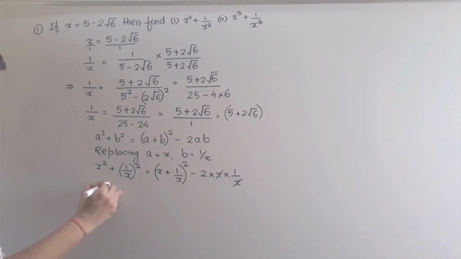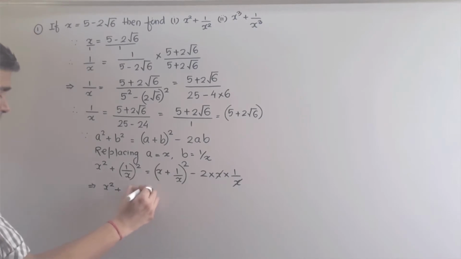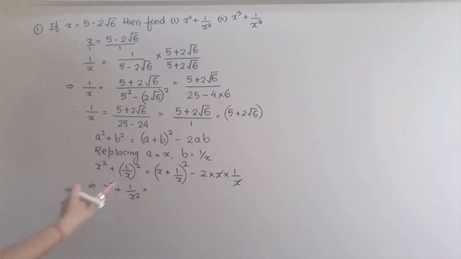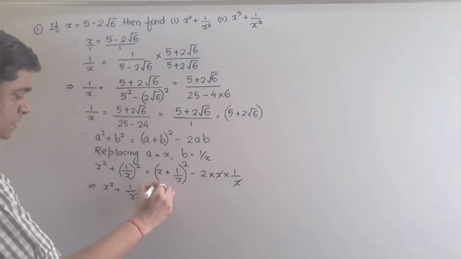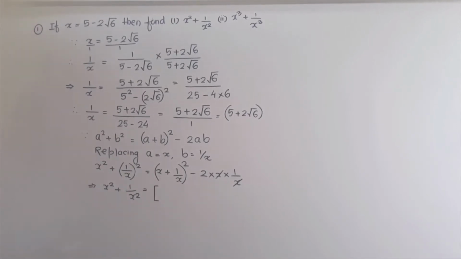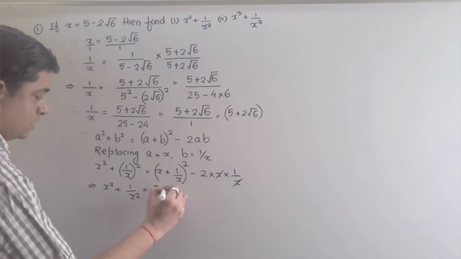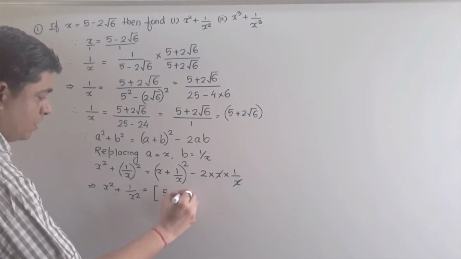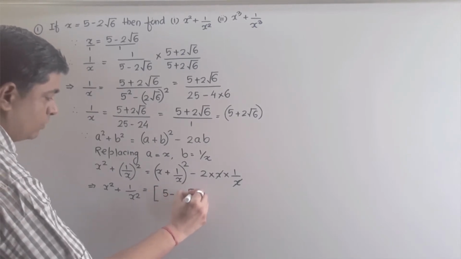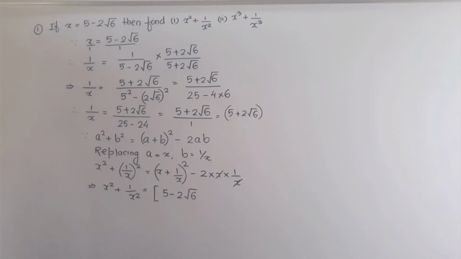This will remain now x square plus 1 upon x square, because square of 1 will be equal to 1, and directly I wrote the square of x. Now x plus 1 upon x. Look at the term x over here. So x is given to us in the question as 5 minus 2 under root of 6. So that value I can put up here, 5 minus 2 under root of 6. This will be the value of x.